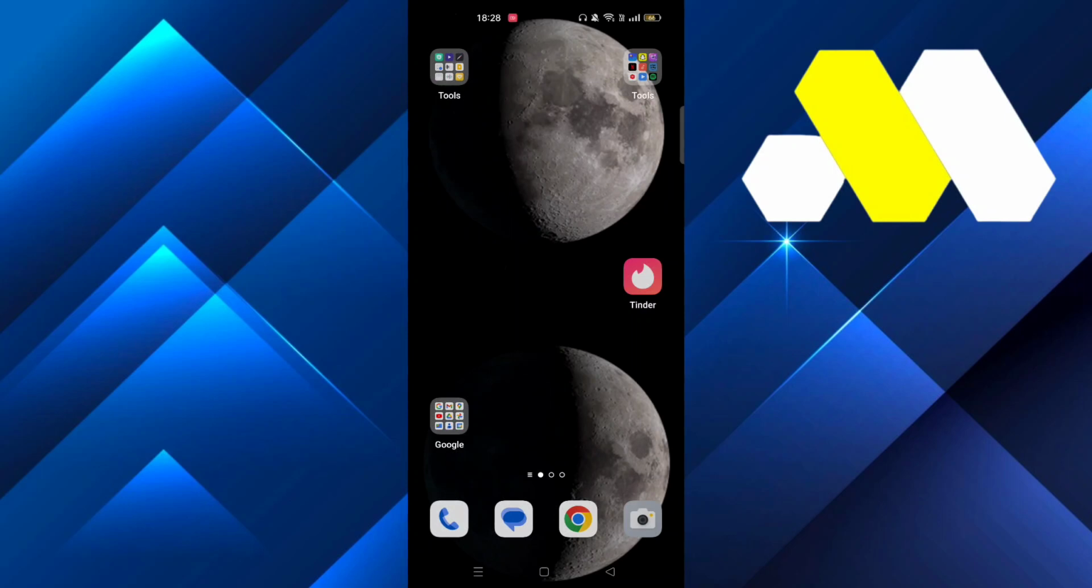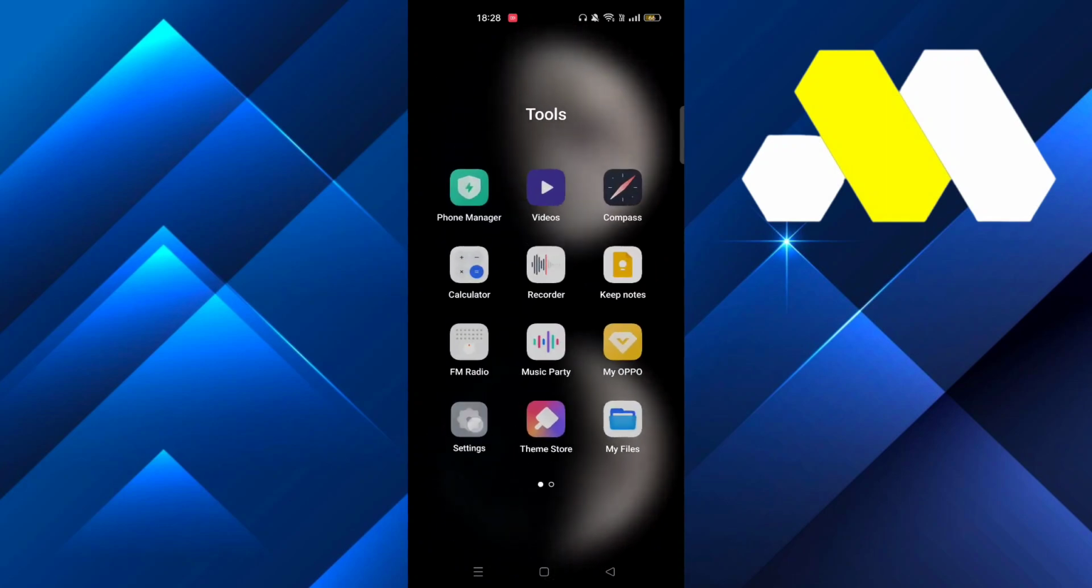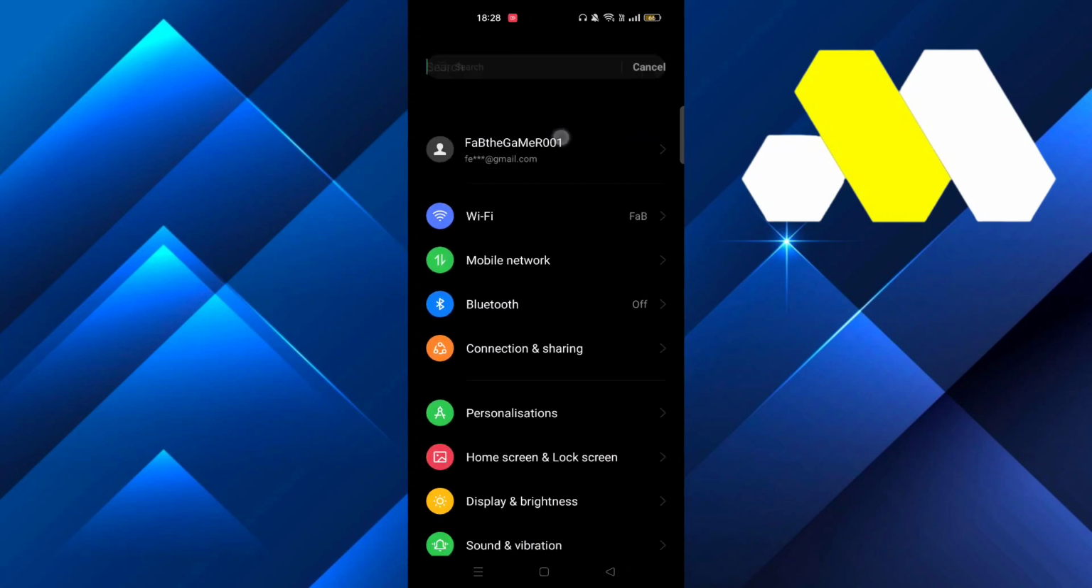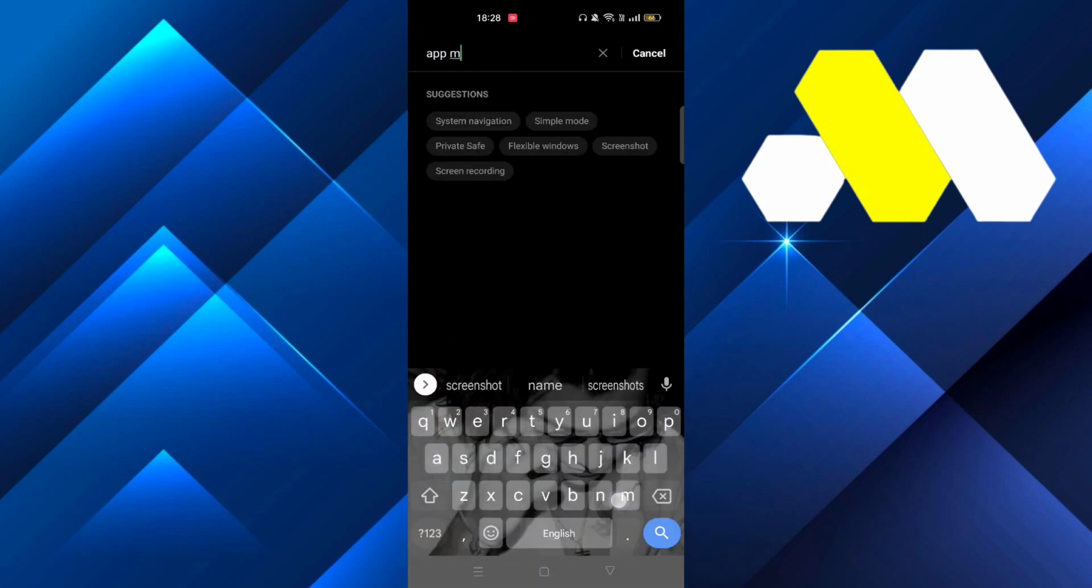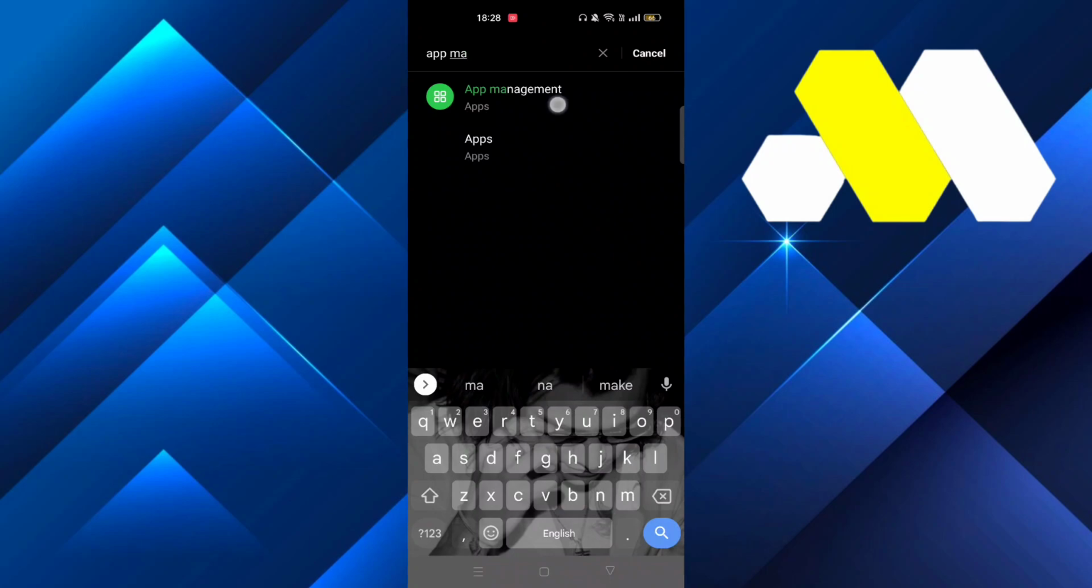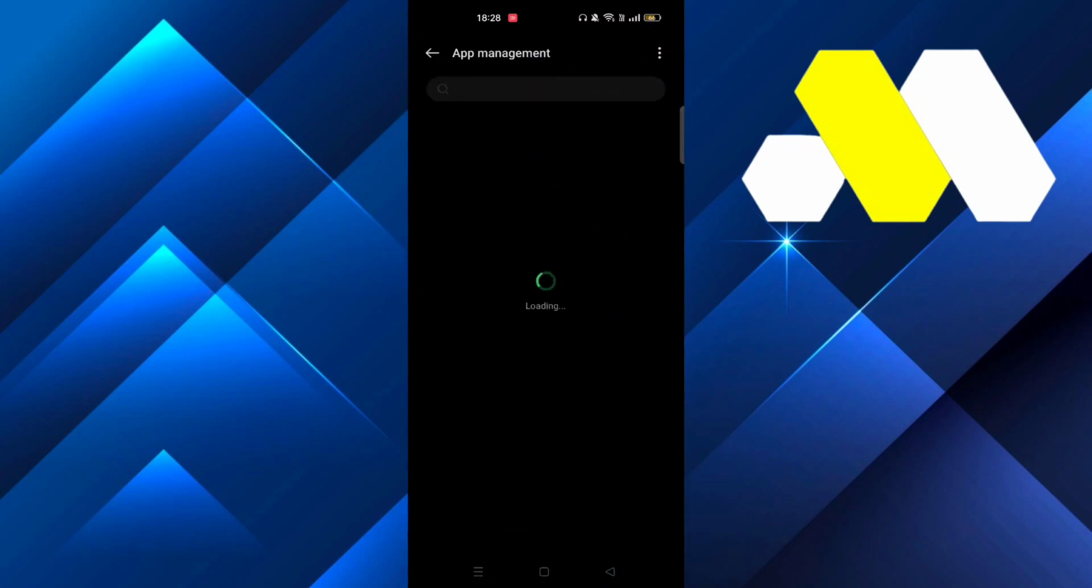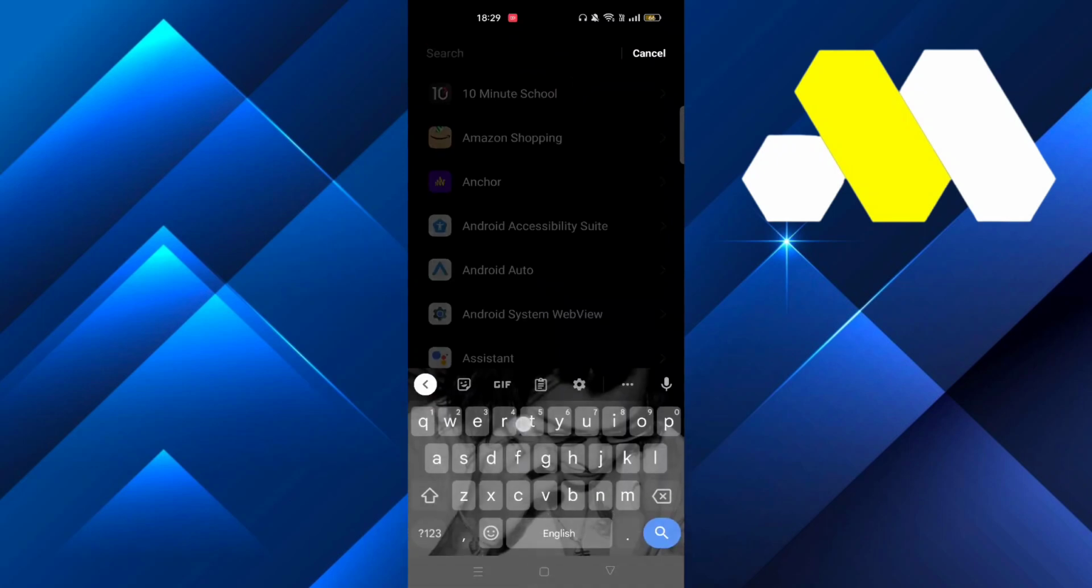In this video, we're going to show you how you can fix your Tinder app if it's not working on your mobile phone. At first, you go to settings. After that, you go to app management, search for it, and then you click on apps, then app management. After that, let it load. Search Tinder